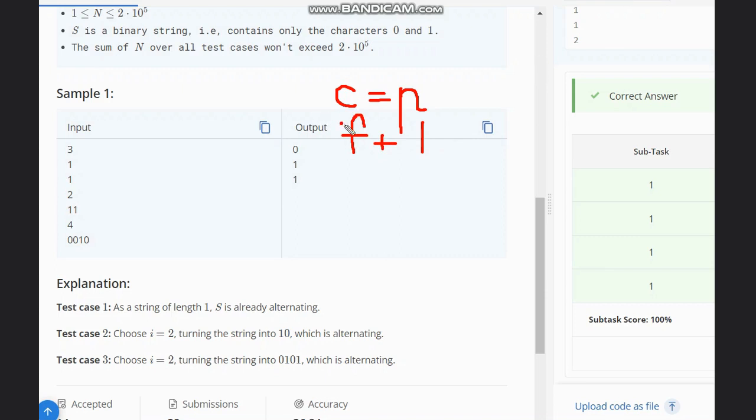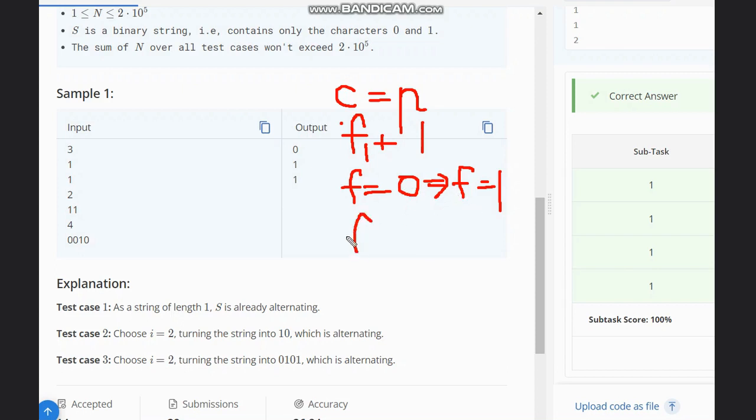Let this be F1. Then I will make F2 0, which is flip done if it is 1. If my flip is 1, I will change it to 0 or vice versa.